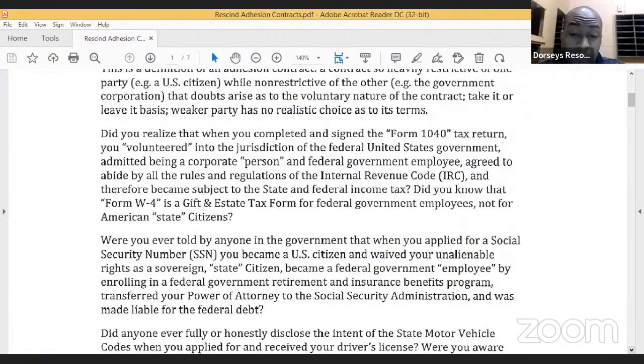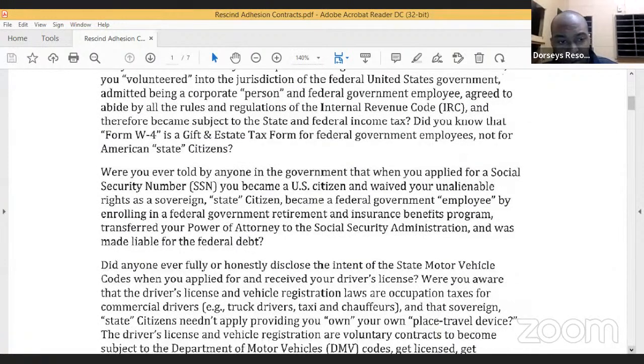But the reason they get away with this stuff is because people simply don't know, or act through fear, or they have deep pockets or an army of lawyers, and not as many people are aware and standing up for their rights. By the way, their lawful rights. So let me scroll further down.